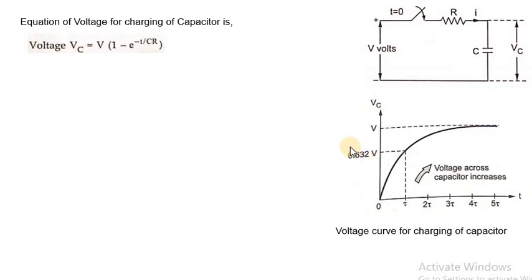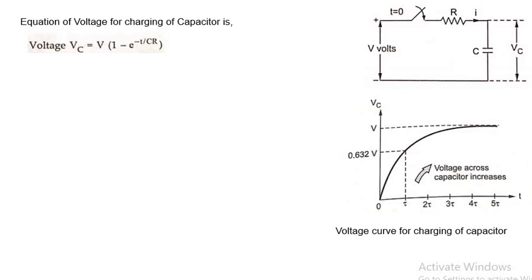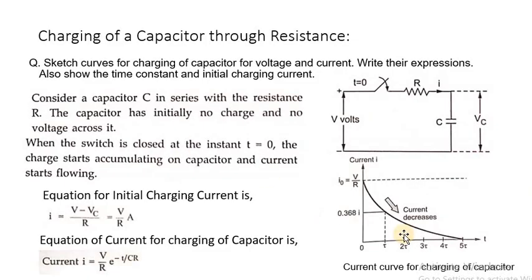Okay. Now we will find out the answer of the next part, that is show the time constant. So this is the time constant, say tau. Tau, 2 tau, 3 tau, 4 tau, 5 tau. So this we have shown the time constant in the graph, in voltage also and in current also. Let's see. In current also we have seen. I will show you the current graph. Wait a minute. See, in the current graph also we have shown the time constant tau, 2 tau, 3 tau, 4 tau, 5 tau.